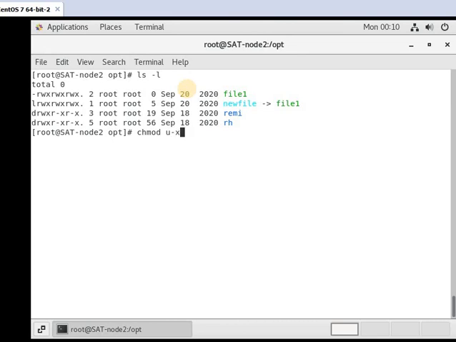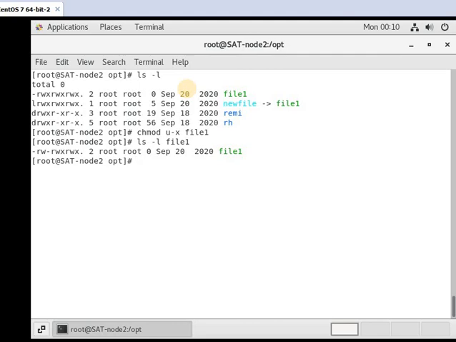If I want to remove the execute permission from the user, I will use the command chmod u-x, where u defines user and x is defined for the execute permission. Then give the file name. Now use the command. Yes, you see the execute permission has been removed from file1.